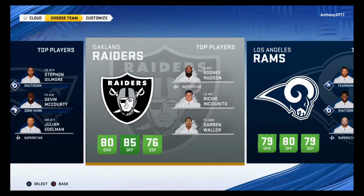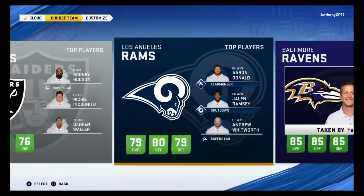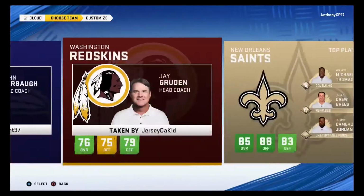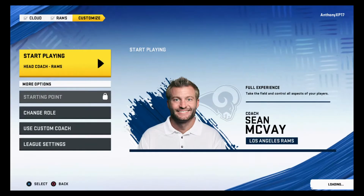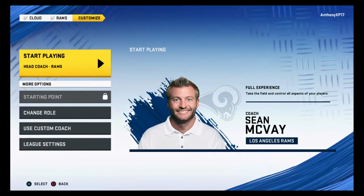Select the team you want to join. Start your season with recommended settings. If you wish to change roles or